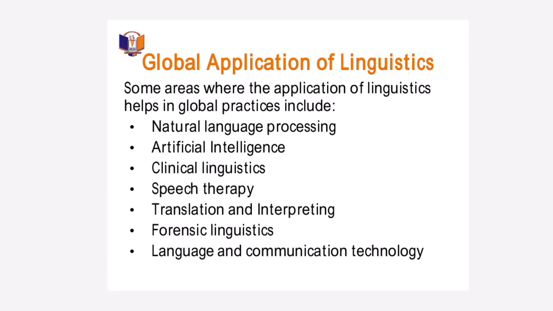Translation and interpreting is another area where linguistics is playing a very important part. Around us today, we have a lot of Chinese companies spread all over. And we have our students, people that have finished from Confucius Institute, engaged in their services. What do they do? Translating and interpreting for them. They serve as middlemen between the Chinese and their counterparts over here in Nigeria. So that is about translation and interpreting.